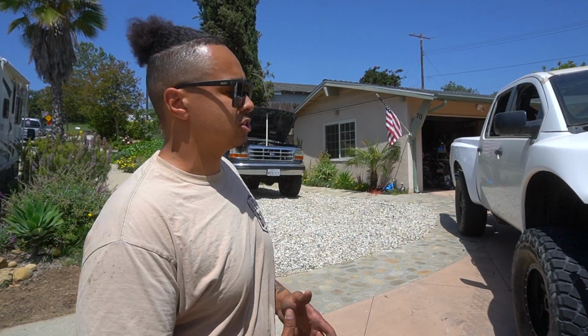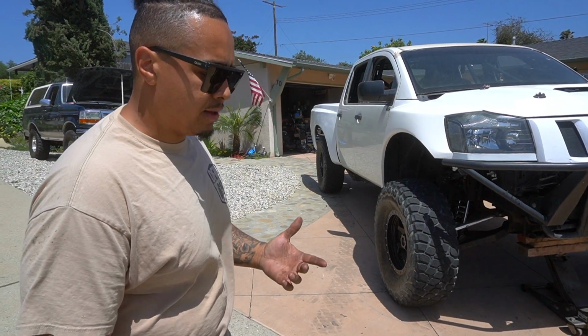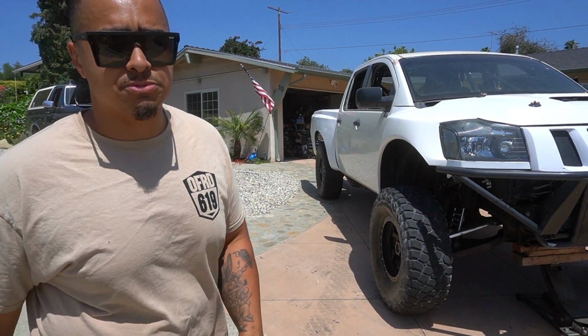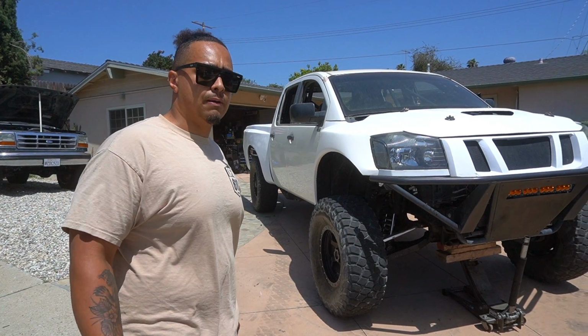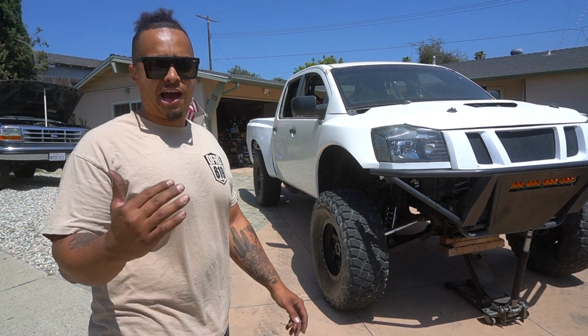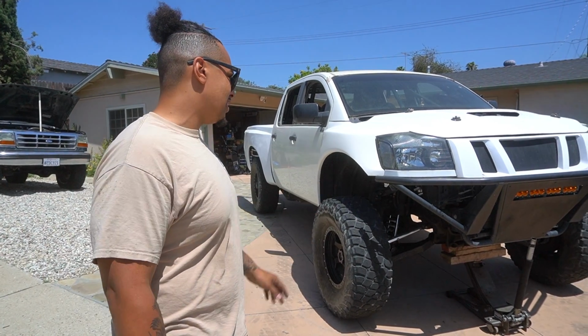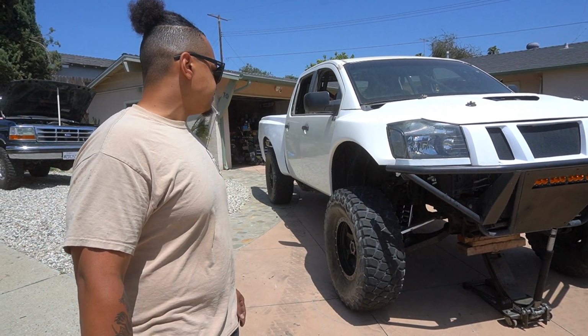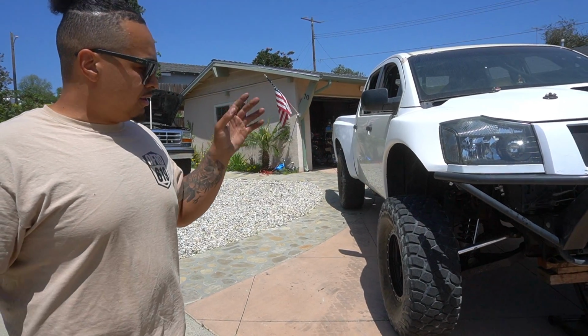So one of the first production race long travel kits from Dirt King was actually put on this truck. I came along in 2017, saw it sitting in his parking lot, and asked about buying it, and my buddy was very close to him, so I wanted to buy something that was already halfway. Well, it's not even halfway, it was kind of like a quarter way there. It had the race kit on it already. It just had the same set of coilovers that are on it now, and then it had no bump stops,